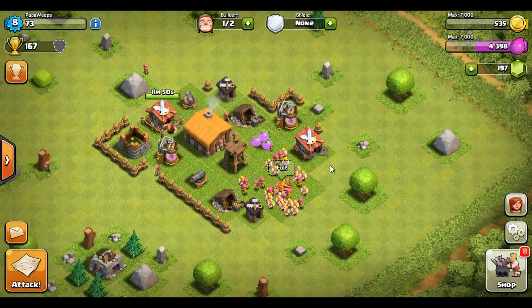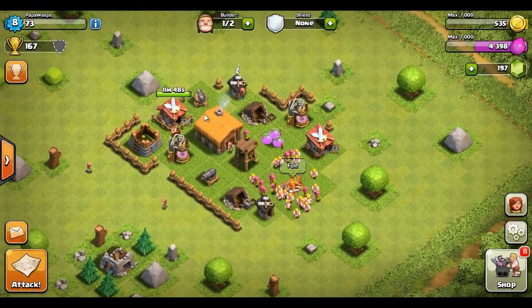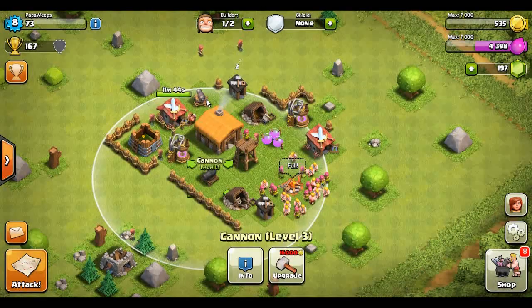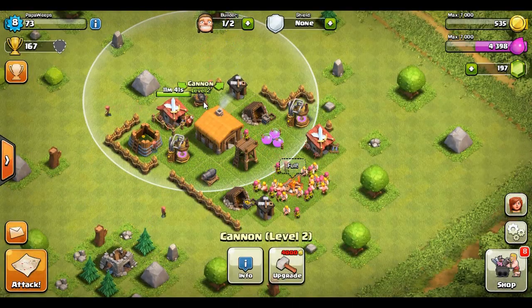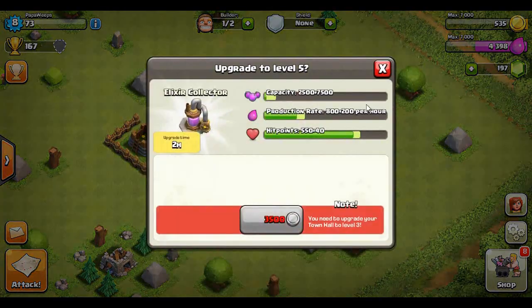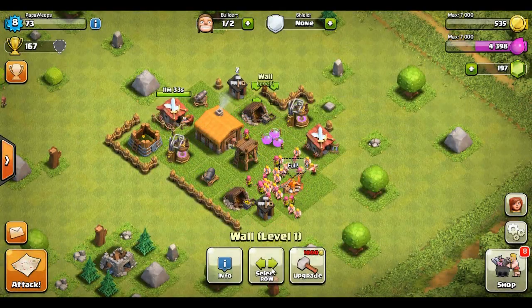Town Hall level 2. So this is just under 1 day of playing, guys, and I was actually able to max out basically everything. I don't think, yeah, see, even the cannon's only level 2. So level 2 cannon will be on its way to level 3 once I get 4,000 gold, but everything else at this point is max upgraded, so that's pretty sweet. I don't think I can upgrade...